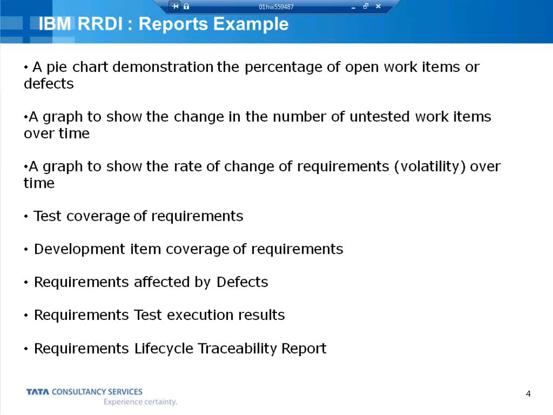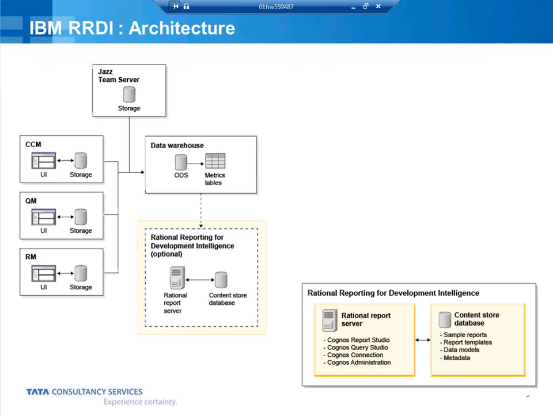Moving to the next slide. The slide is IBM RRDI architecture. So everybody knows, in the Jazz server you have CCM, QM, RM components, and every component has a UI and a storage,